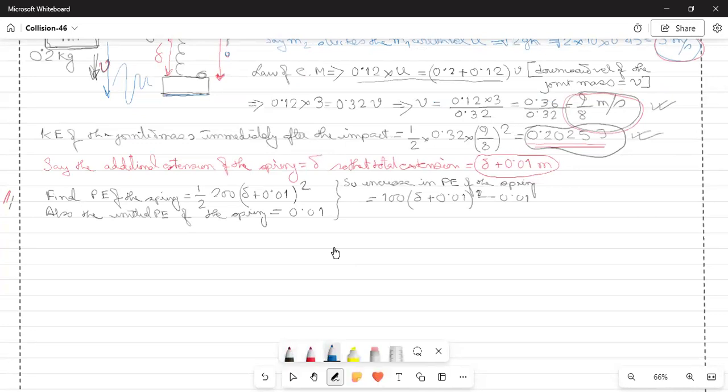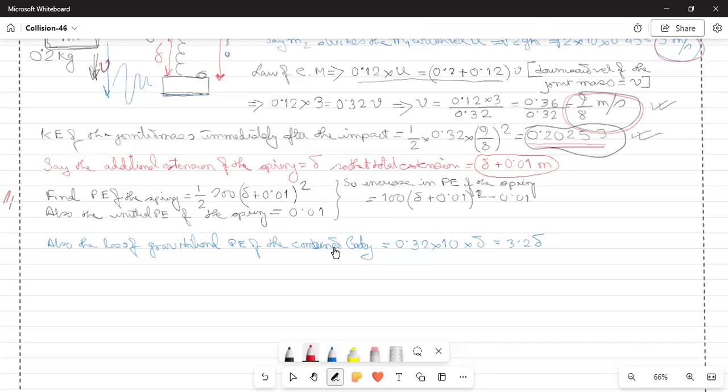So we write also the loss of gravitational potential energy of the combined body is mgh, which is equal to 0.32 times g, which is 10, times delta, equal to 3.2 delta. If that is so, then